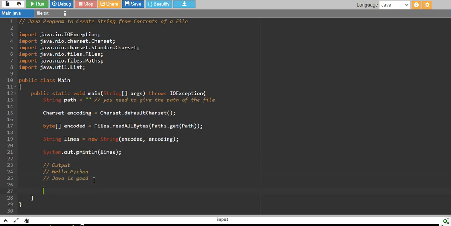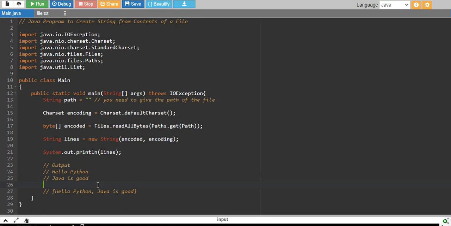Earlier we had a list, and inside the list we had lines separated by commas, but when we have a string we have an output like this. There's no list in this because this is a string. So that's it with this tutorial.